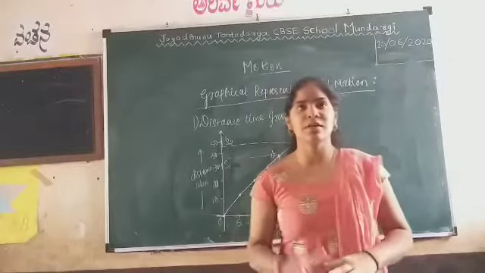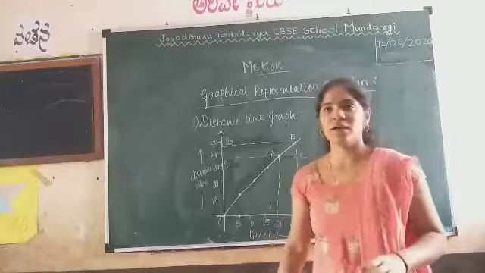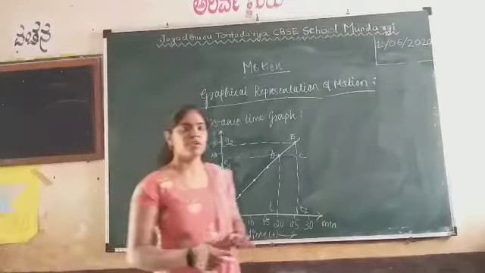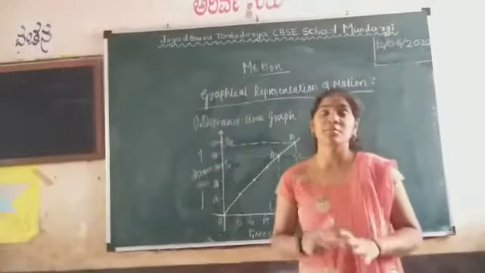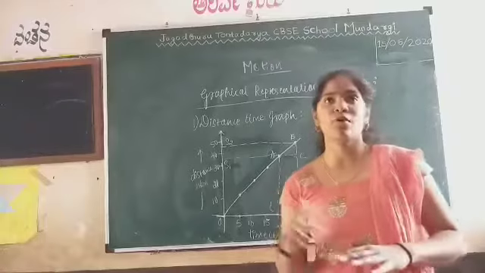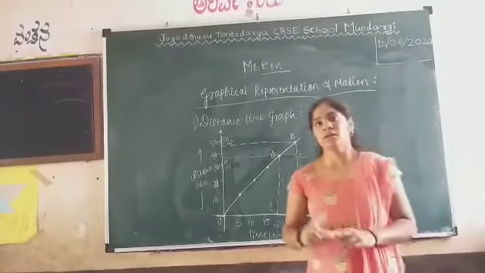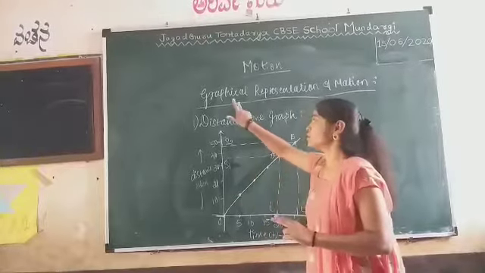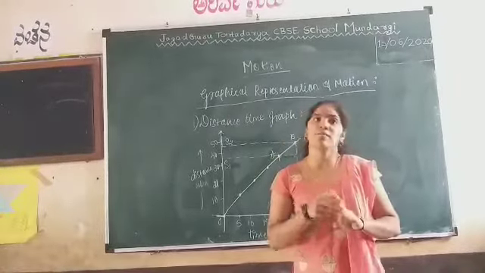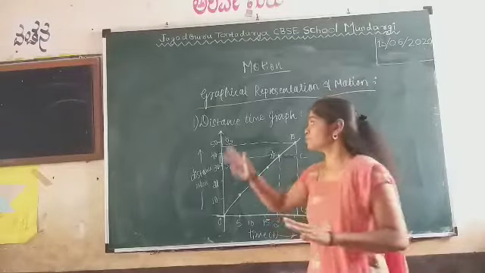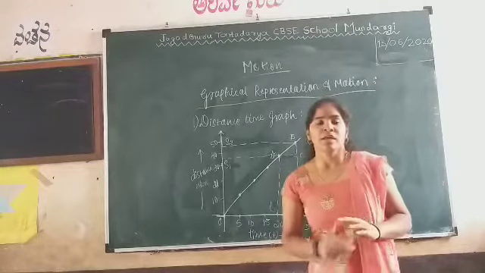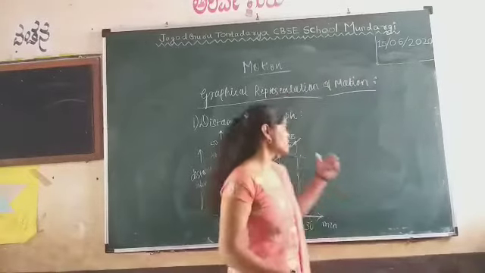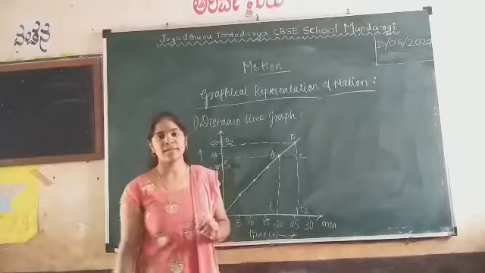We have studied the acceleration and the problems regarding acceleration. The next concept is the graphical representation of motion. Why is this graphical representation helpful? From this we can easily calculate the motion of the object. That is, we can calculate the distance, velocity and the time using this graphical method. We are going to study the distance time graph and the velocity time graph.